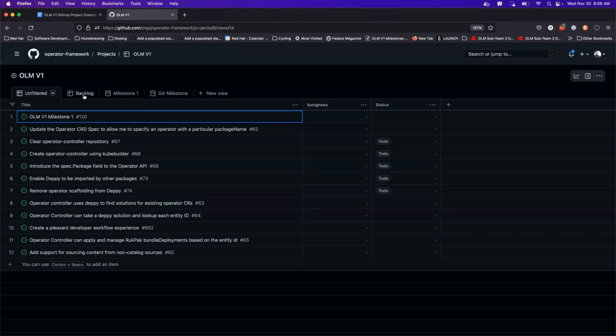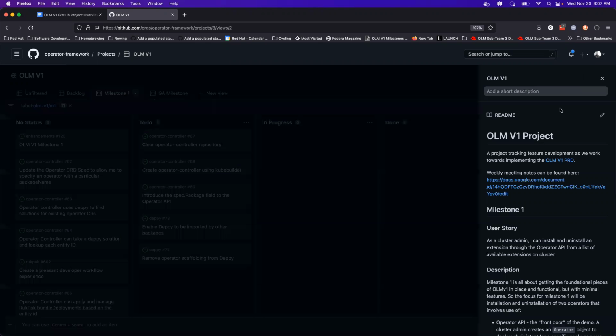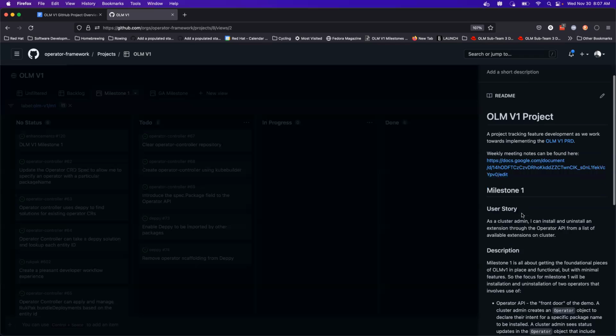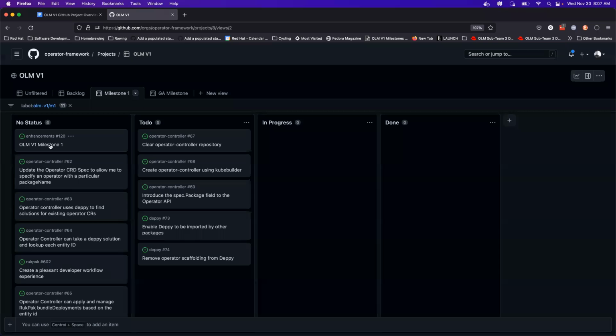in our meeting yesterday, there was some confusion in terms of finding out what the goal of the milestone is. We had to pull up the side action bar and then go down in the README to milestone 1, and we thought that was difficult for people to find, so we instead decided to create an enhancement